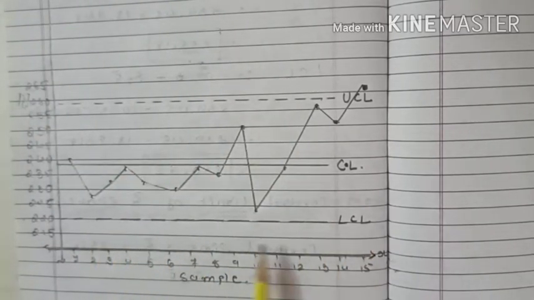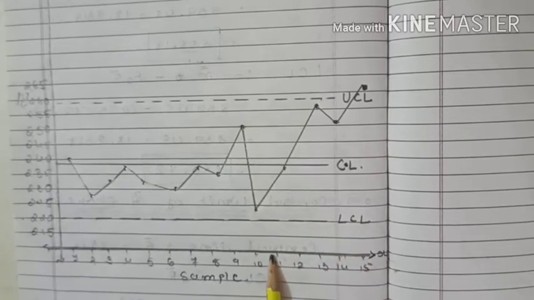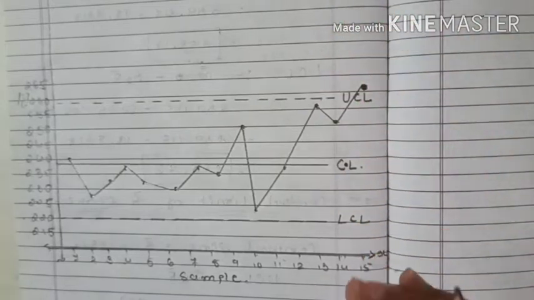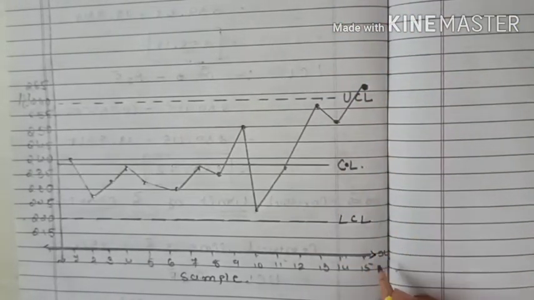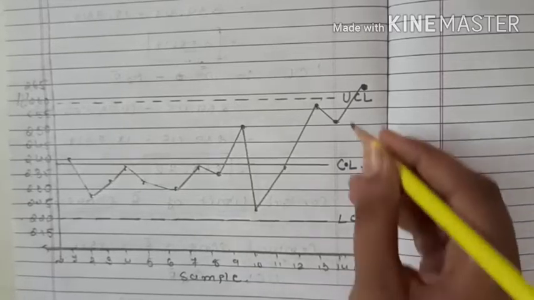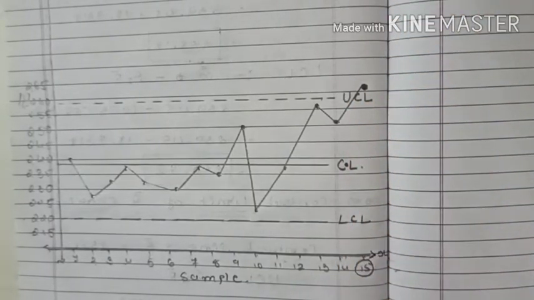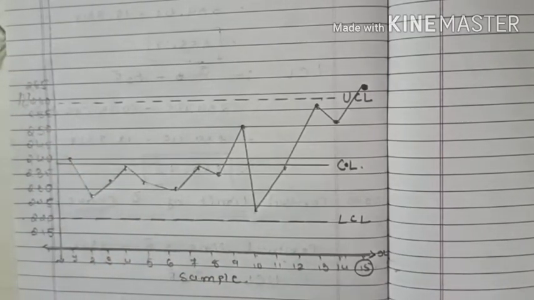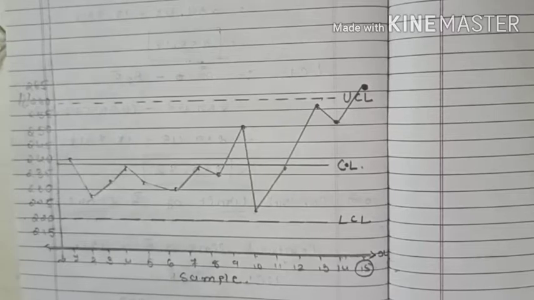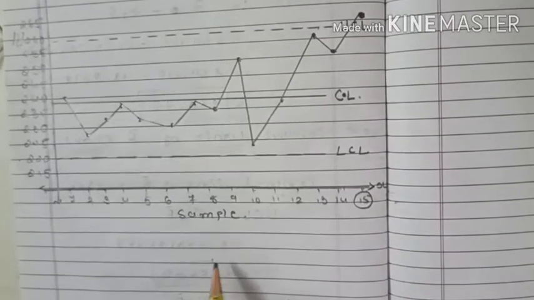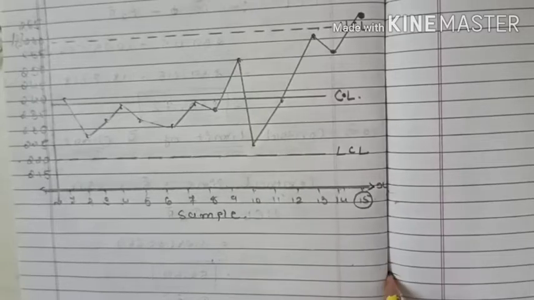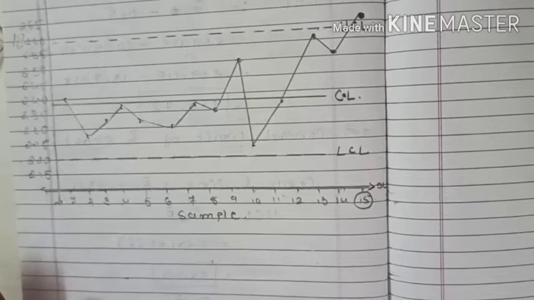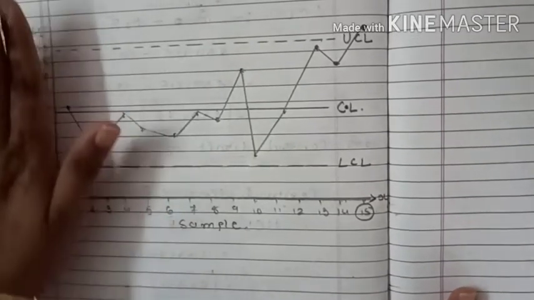So there are no points below the lower limit. Now only one point has gone beyond the upper limit. Only point number 15. Sample number 15 goes beyond the upper limit, right? Beyond the 260 limit. So we conclude that at sample number 15, the process goes out of control at the point 262. Right? Simple enough. You have understood this X bar chart.